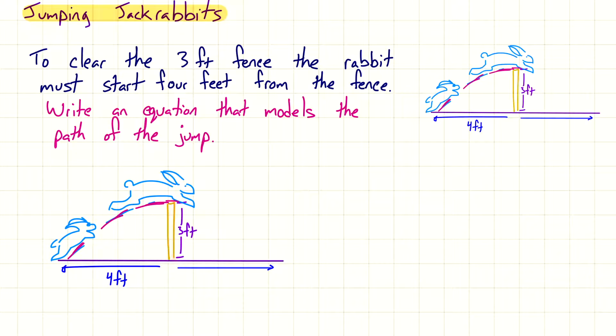if we want to call this a fence. So in this situation, when a rabbit jumps over the fence, you'll notice that it actually gives us this shape of a parabola, right? So it looks kind of like these parabolas. So that must mean that there's an equation for the jump. We're talking about a jump, but this could very easily be a ball being thrown over a fence. So we're going to write an equation, and what we're going to start with,